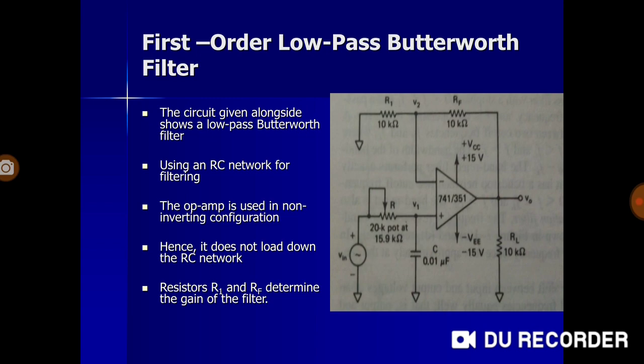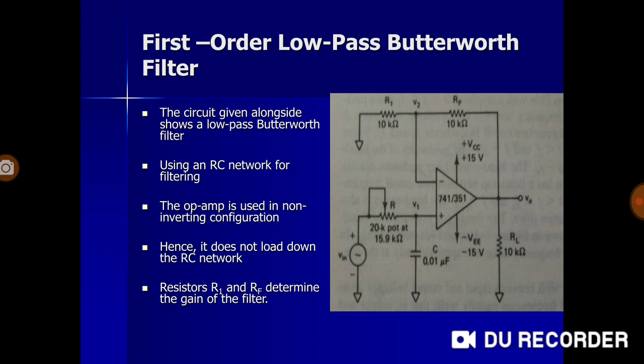Now, for every response, we saw that there is an ideal response and a practical response. The practical response is possible to achieve while ideal ones are not, because ideally at the same instant you can't have a high value as well as a low value, or a constant voltage gain and suddenly zero. That is not possible practically. So practical filter designs are basically of three types: Butterworth, Chebyshev, and Cauer. These are the standard practical filter design methods for active filters.